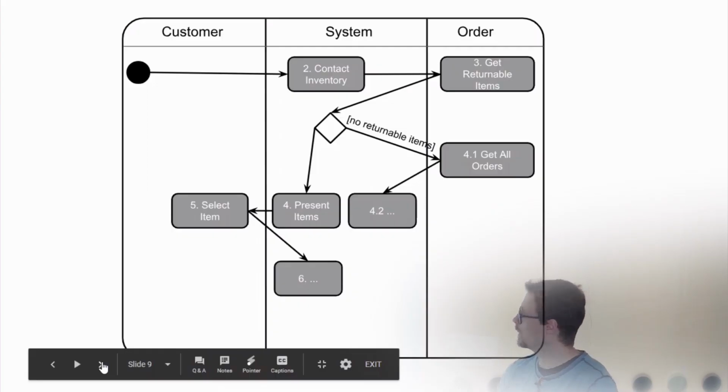What should we do then? Well, we have decided that we should try to get all the orders from this order system instead and do something else. And we add this to our activity diagram,